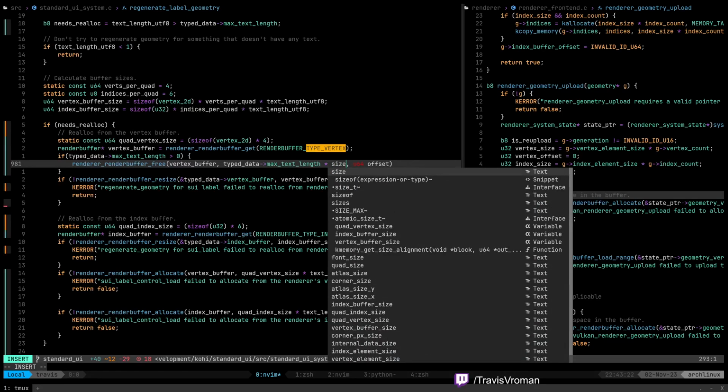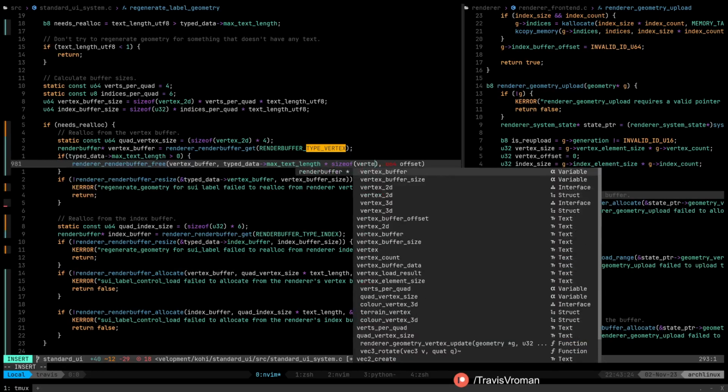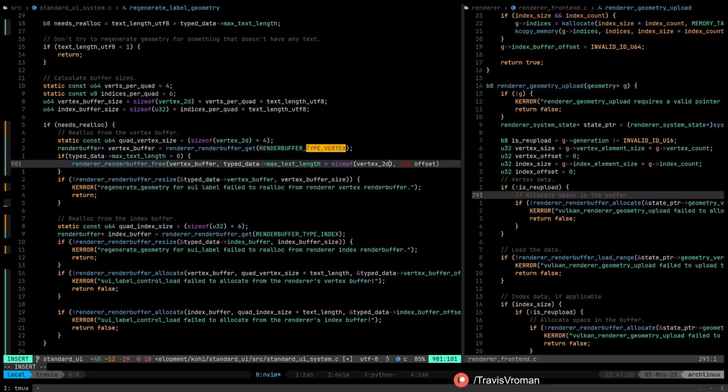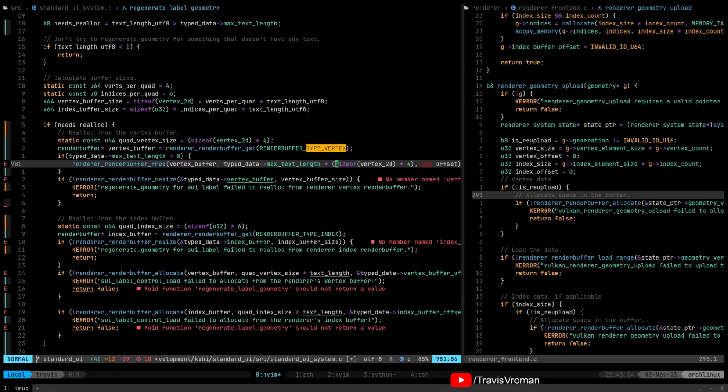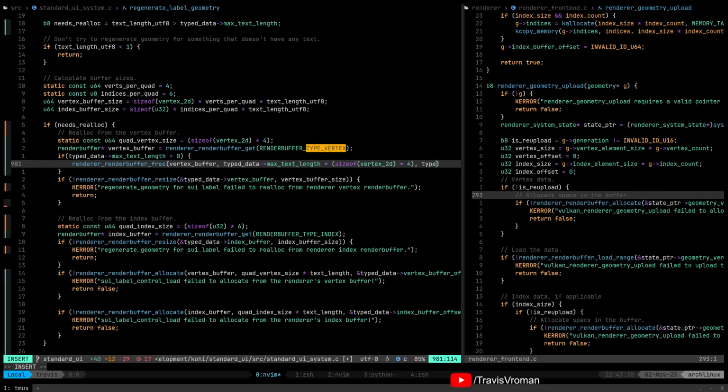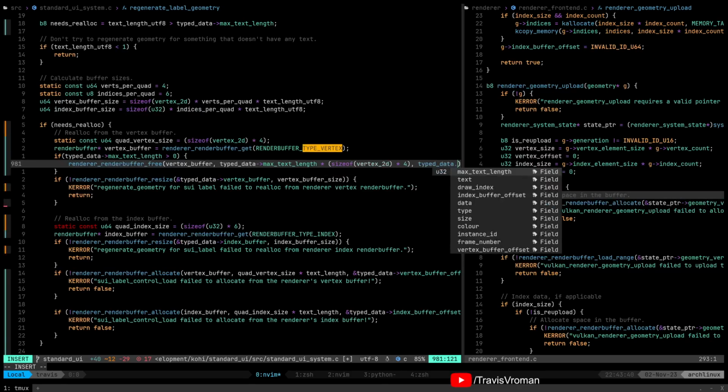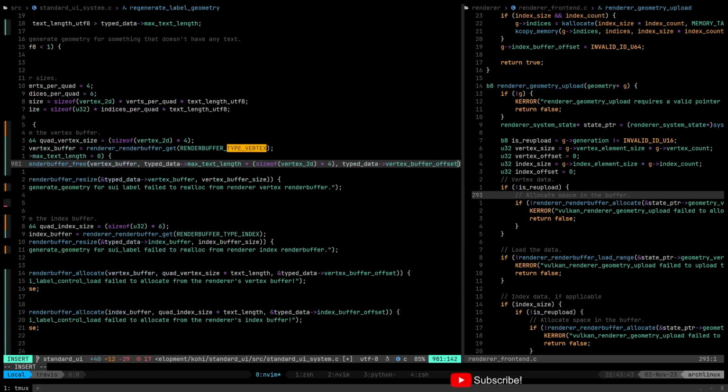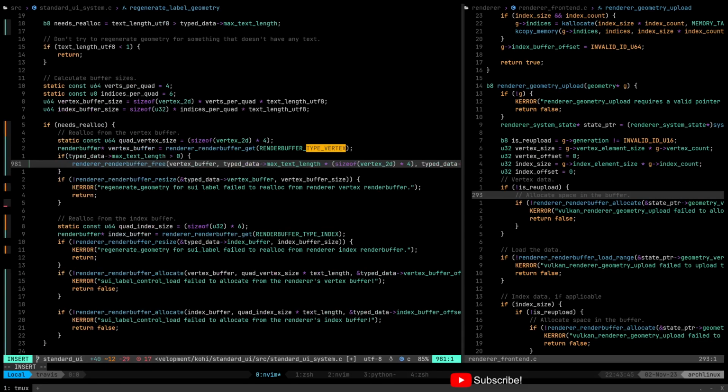Screw it. I'm just going to do size of vertex 2D times 4. And then the offset is going to be type data vertex buffer offset, right? So go ahead and free that.